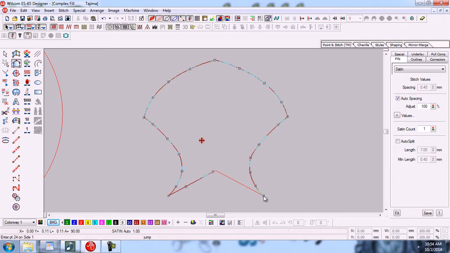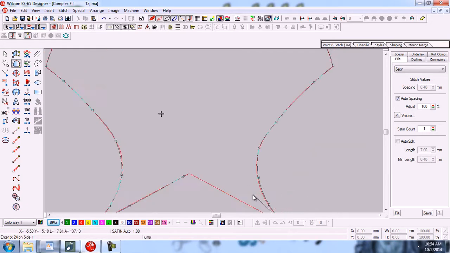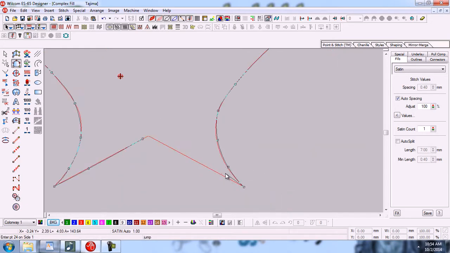You can zoom in if you want to make it more beautiful. Right, and here left. Now this is a straight line. And now I will not end the selection here.